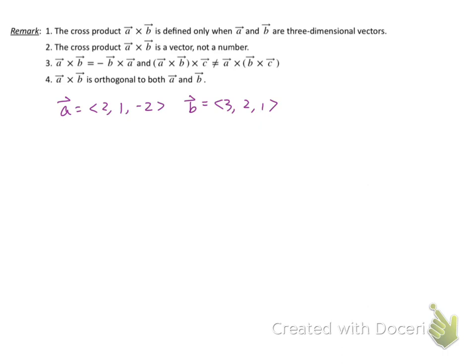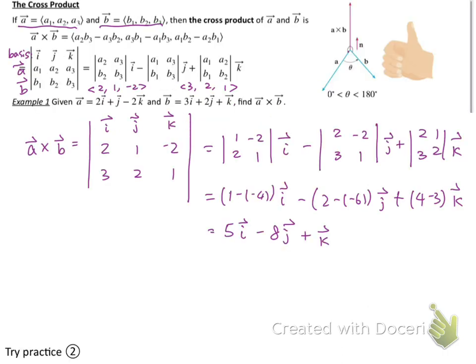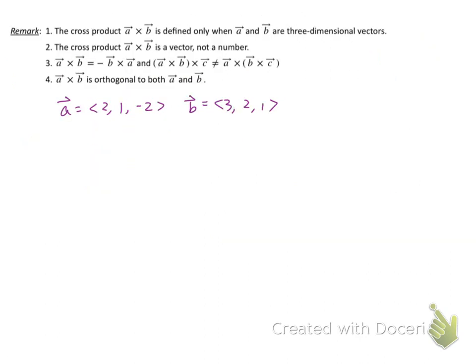Although in example 1, when I gave it to you, it was in basis form, not just the angle bracket form. But same thing, and we got A cross B equals 5, -8, and 1. If you do the dot product of 5, -8, 1 with 2, 1, -2,